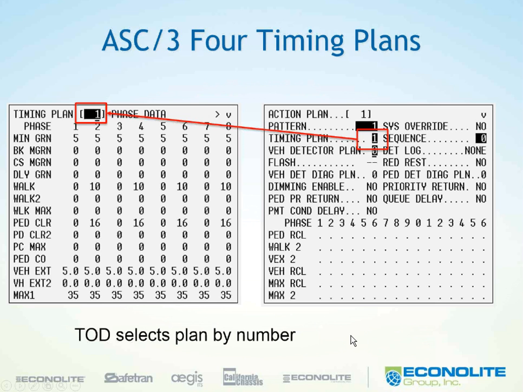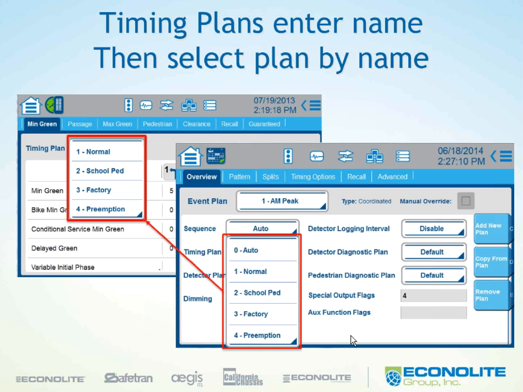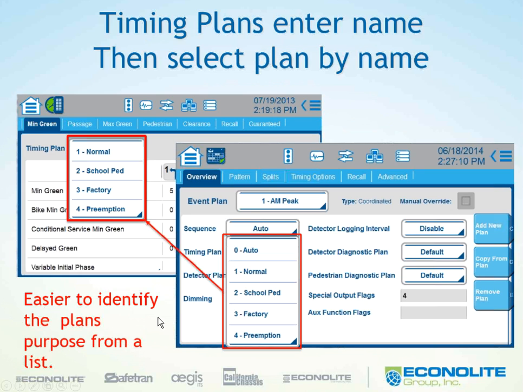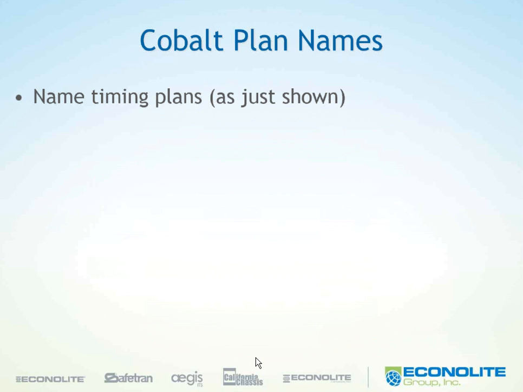Whereas with Cobalt, we have the opportunity to name the timing plans by name. Then in the event plan, as you can see here on the lower right-hand side, we would select which timing plan is in effect by selecting the name. Much easier to identify. Here's an example,